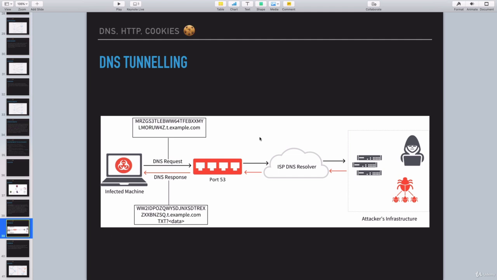So the next one is DNS tunneling. DNS tunneling is a little bit different than DNS hijacking. What happens is, let's say you're on premise, right? So you're behind a firewall of some kind. You have a business, and there is a computer that logs into the network of that business, maybe through a VPN or something. And as we're sending packets over the web, asking for resources online, going to different websites, maybe logging into a Dropbox or a Gmail or any other website,